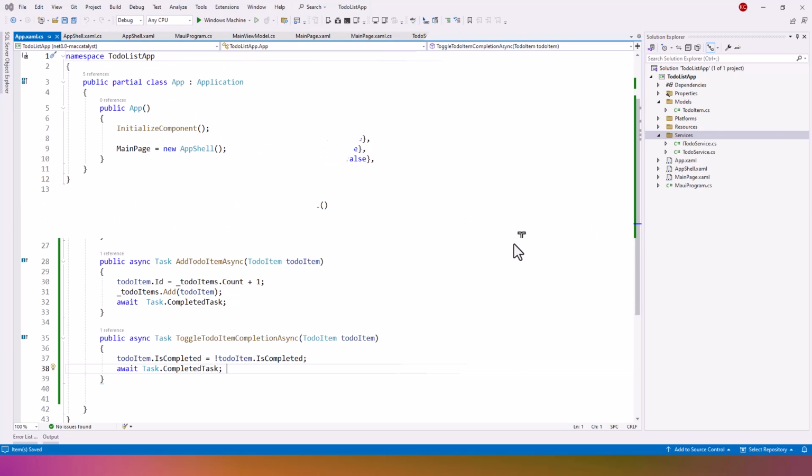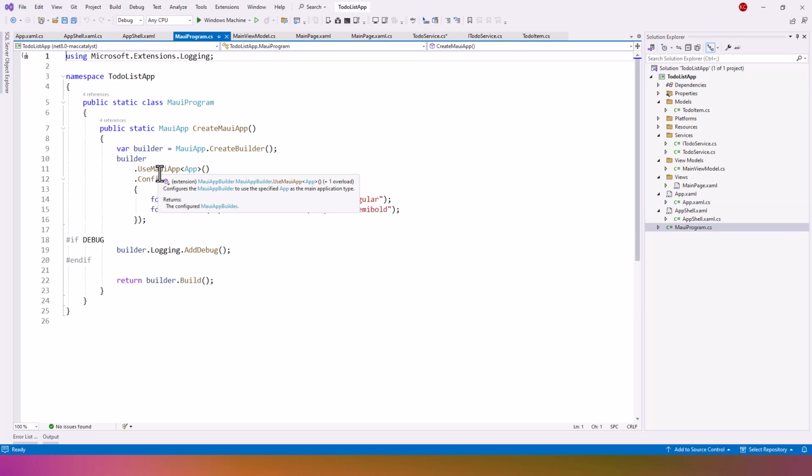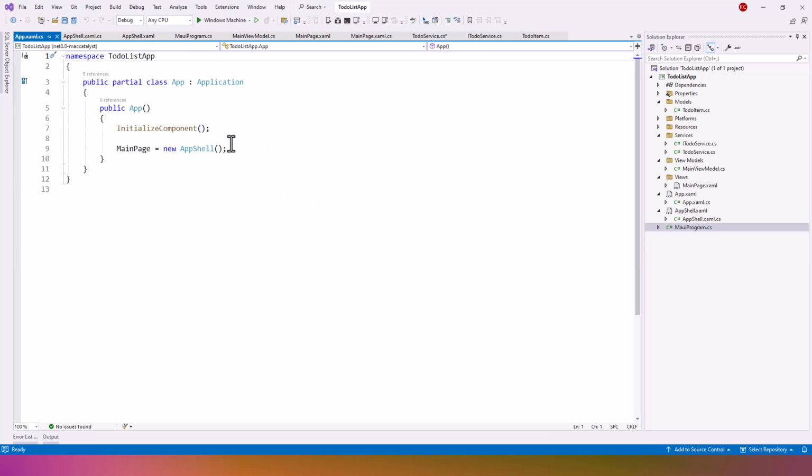And next is, now we have to register the service, ITodoService and ToDoService. Okay, so I'll have to do it in the App class. Why App class? Because my program bootstraps the App class, and the App class is where we register because this is the entry point. Okay, so in the App.xaml.cs file, we already have these two lines, InitializeComponent and MainPage is created as a new AppShell. So after this InitializeComponent,